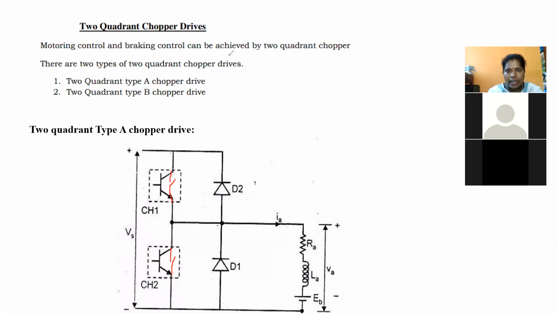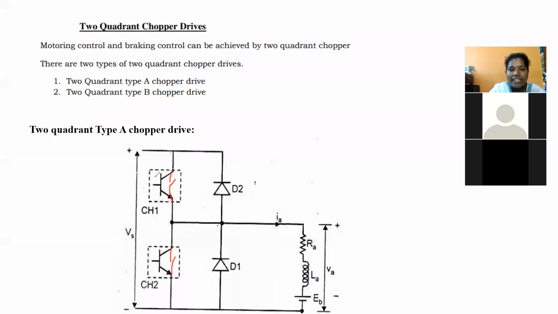Initially I am saying that chopper 1 is going to be turned on. And listen to one thing, here you have two choppers. At a time, these two choppers are not going to operate. Just one by one. That means for half of the time, chopper 1 is going to operate. When chopper 1 is in off state, then only chopper 2 comes into on state. And there is no possibility of two choppers working at a time.